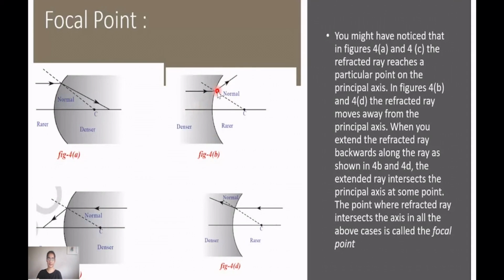So in 4A and 4C, the point where the refracted ray is meeting the principal axis, or in these two cases where you are extending the ray backwards and it appears to meet the principal axis at a point: parallel rays of light which are parallel to the principal axis, after refraction, either meet at a point called the focal point, or appear to be coming from this point. This particular point, where the refracted ray either actually intersects the principal axis or appears to intersect it, is called the focal point. It is represented by F. You have seen something similar even in our reflection of light chapters. This point where rays parallel to the principal axis after